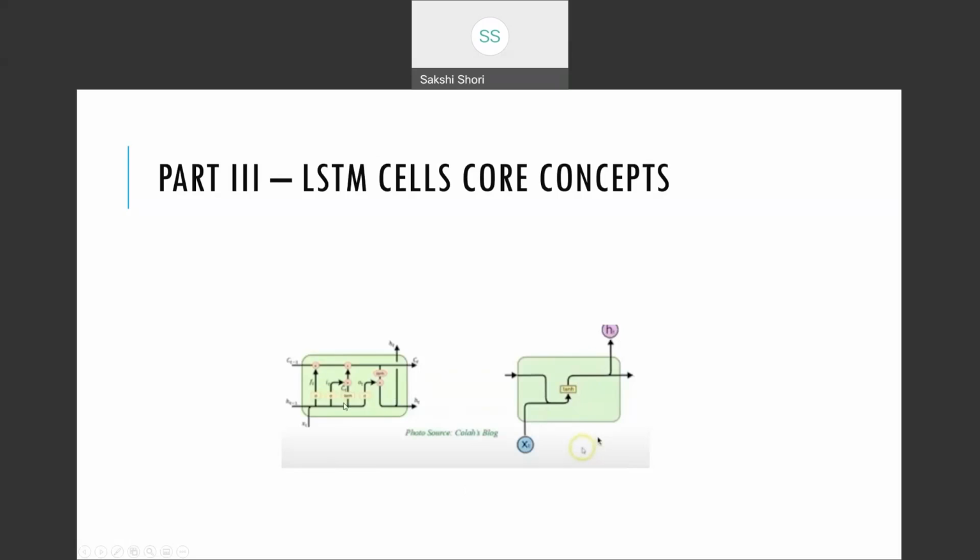In LSTM as well, the concept is the same. The inputs are coming from here, but these are the cells, right? So we do have inputs. It's just that there is much more stuff going on in this hidden layer, which allows us to understand what's going on in the LSTM cell.